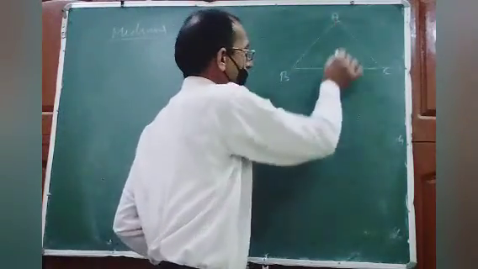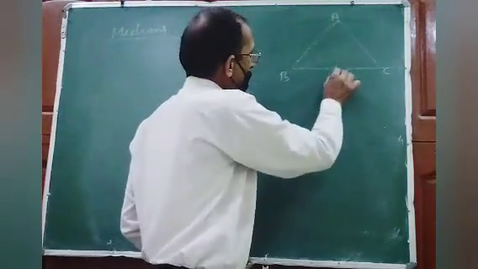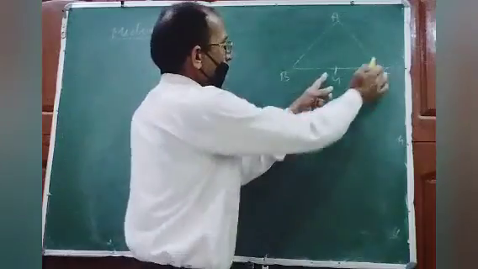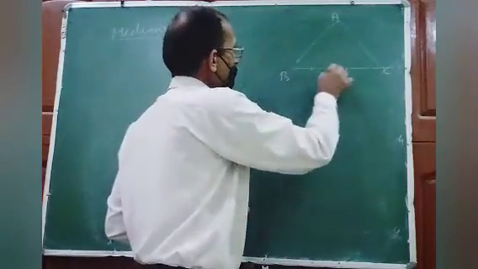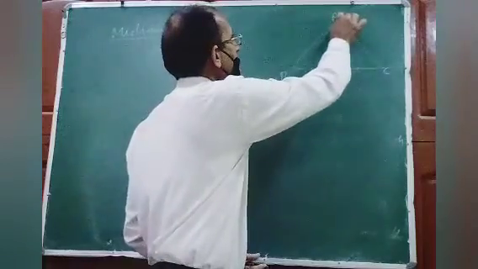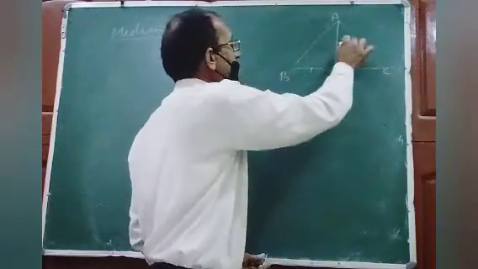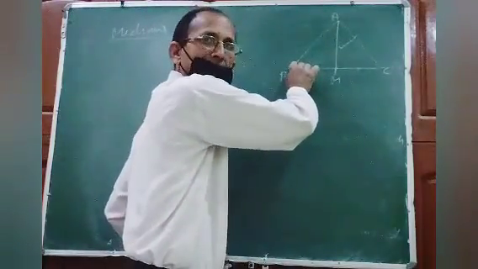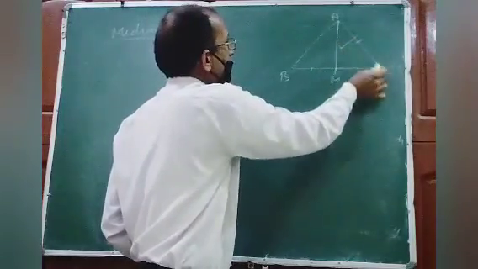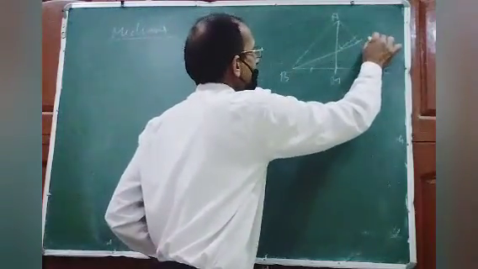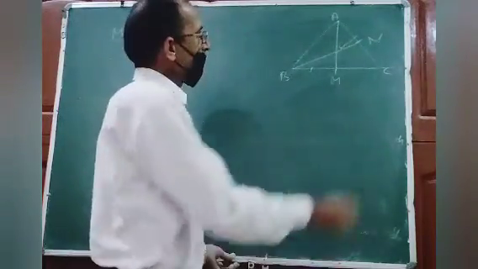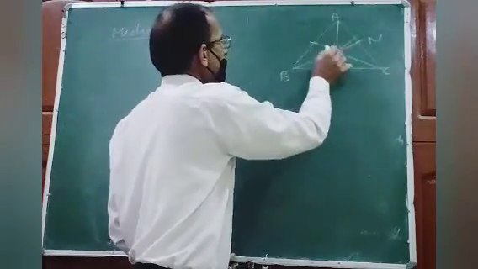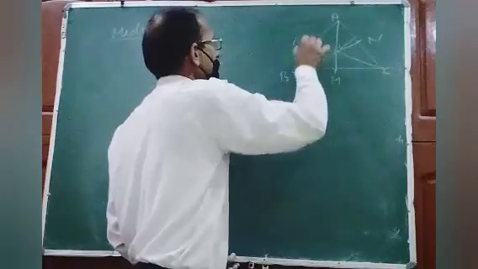So this is the vertex, this is the opposite side, and this is the midpoint. It means it will bisect this side. You can say BM and CM are both equal, so this part is equal to this one. If I join A to this midpoint, this is called a median. Similarly, B is a vertex. From B, if I join the midpoint of AC, you can say this is N, this will also be a median. If I join the midpoint of AB to C, this also will be a median.